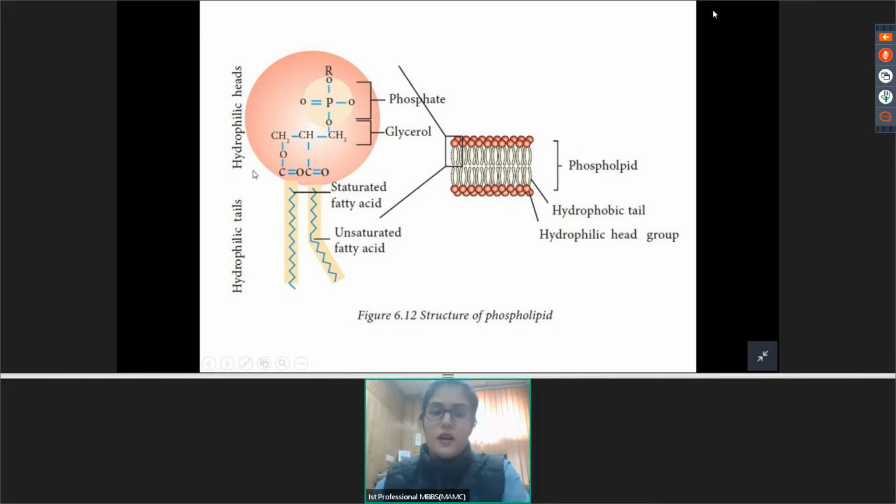This again shows how a phospholipid molecule has an amphipathic structure. This part is the hydrophilic head. This part is the hydrophobic tail. The hydrophobic tail, because it is water repellent, orients itself in such a way that it is not exposed to water. So these head groups, these are the polar heads. They face the extracellular surface and the cytoplasmic surface, the aqueous environments. Whereas the hydrophobic tails are buried towards the inside so that they do not interact with the aqueous environment.